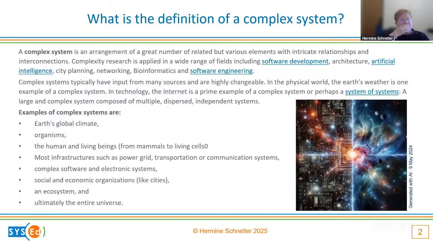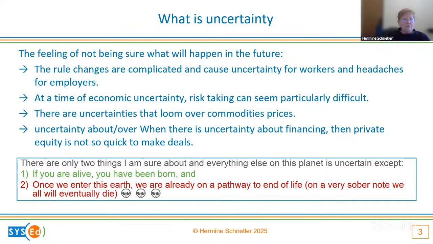My second slide is: what is uncertainty? To be honest, this is going to be a morose statement. Nobody of us knows what the future holds for us. For example, in 2020, nobody really expected that we would have this worldwide shutdown and how it impacted us. It's out of our control. Rules are changing. The economy is uncertain. There's a lot of risk-taking there. At the whim of one single man, who I will not name, things can change overnight.